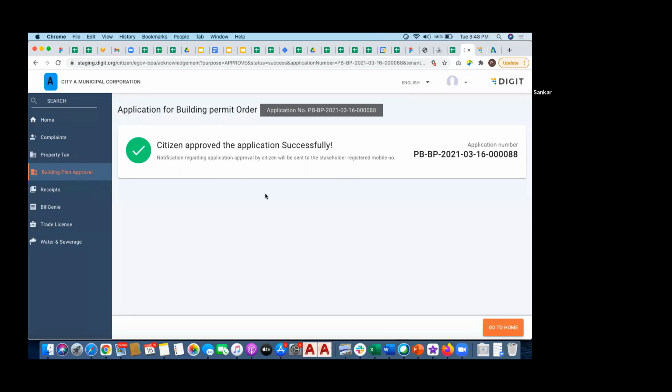Also, in the Digit workflow component, in the pop-up window, as you have seen, there are two things. One is a comment section where you can enter some comments if you want, and there is a document upload section also where, if you want to upload some documents or notes, you can. That will come in the workflow history table for the application cycle where you can see this information. Logging out.